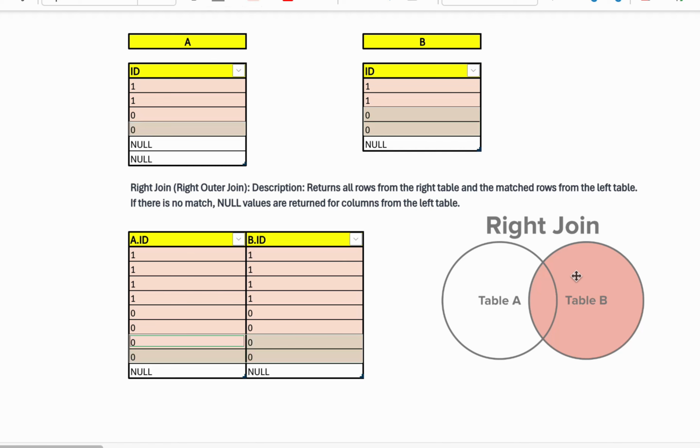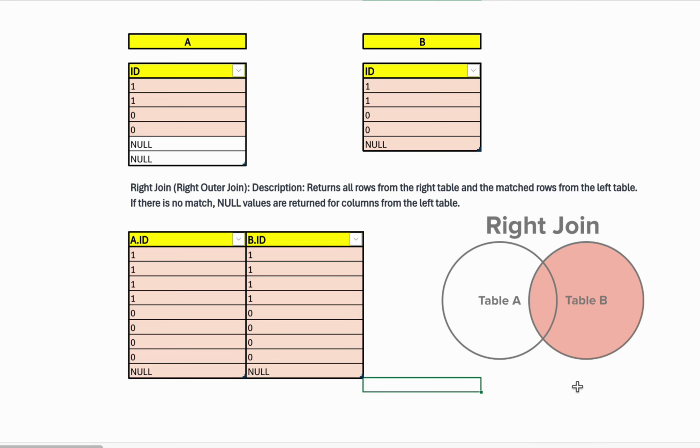Now, if you look into this figure, when we apply this right join between table A and table B, we get all the rows from table B. And the last row in table B is null. So that is why we are getting this null here. Because null is considered to be not equal to any value, this null has no matches in table A. So that is why we have one more row in our output which is null, and against b.id null we have null in a.id.